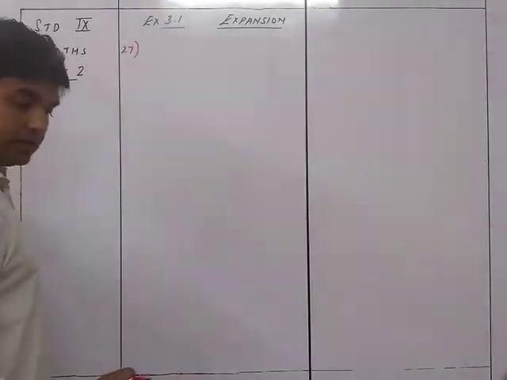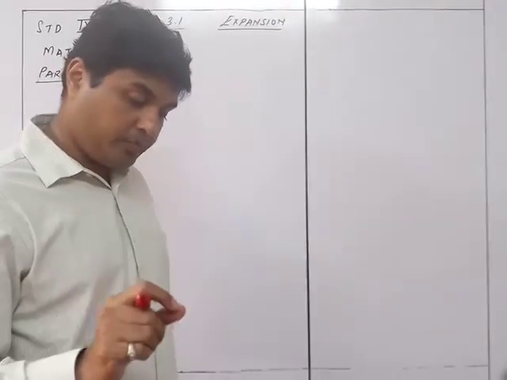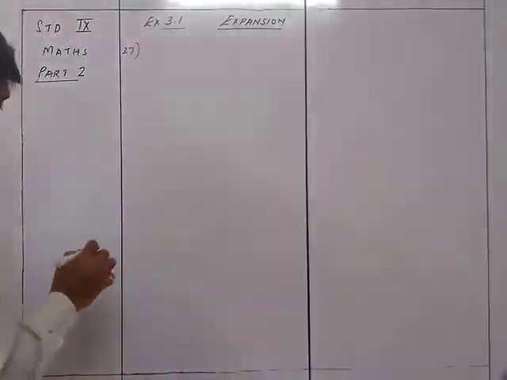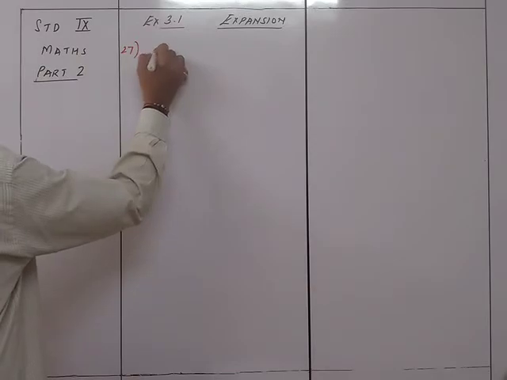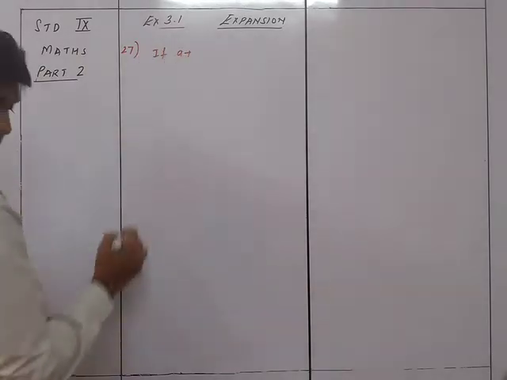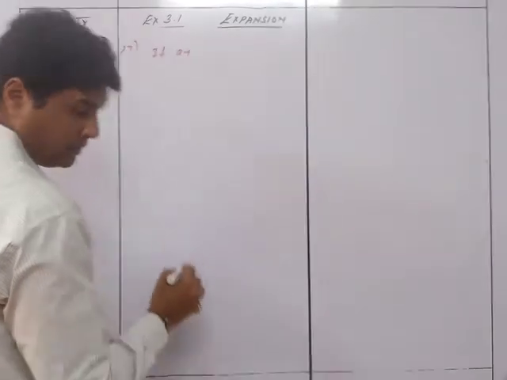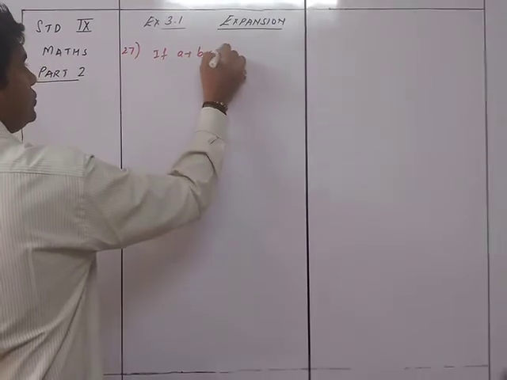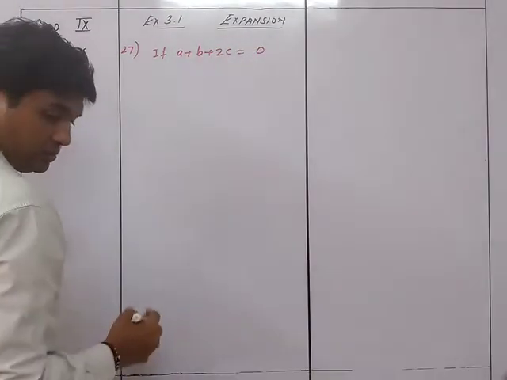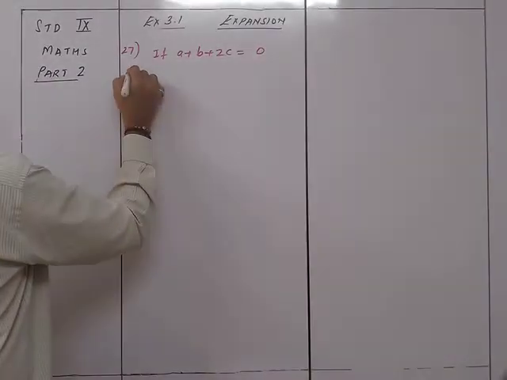Now this is a tough one, so pay attention over here. So first thing is, if a plus b plus 2c is equal to 0, prove that